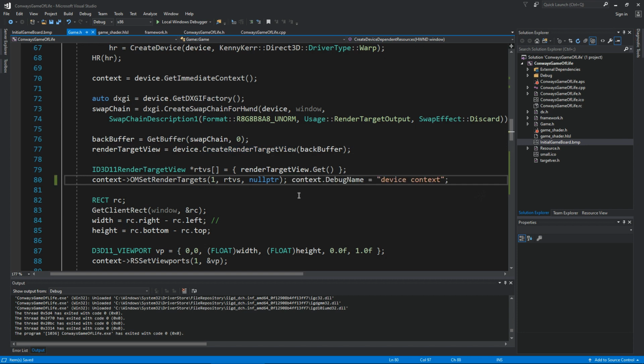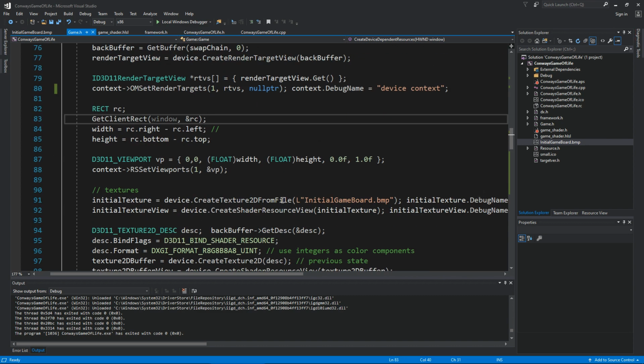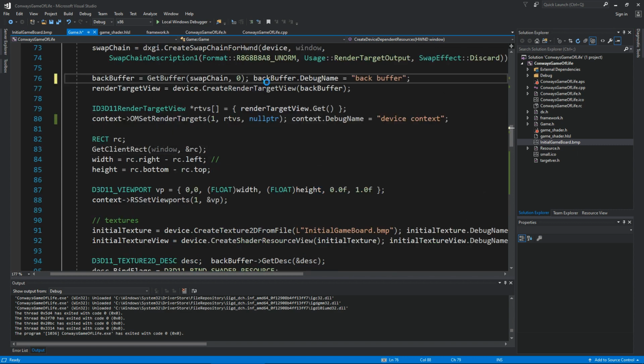Let's add debug name for context, device context, for back buffer, render target view,